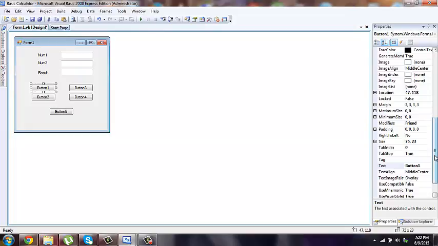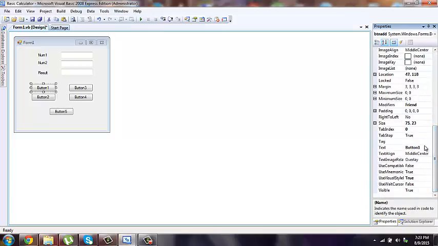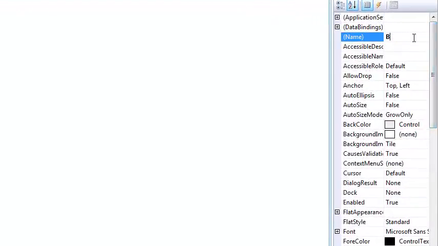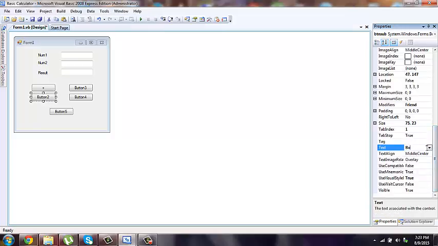Let's change this into the addition, multiplication, and subtraction. So name button 1, let's rename this as BTN add. Then with the text, we can use the plus sign. For our button 2, let's rename this as BTN minus or subtract. Well, we can use BTN sub. Then for the text, we can use the sign